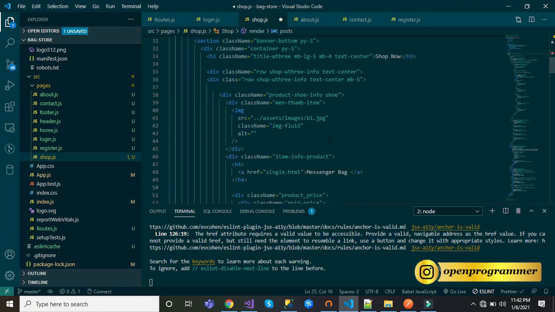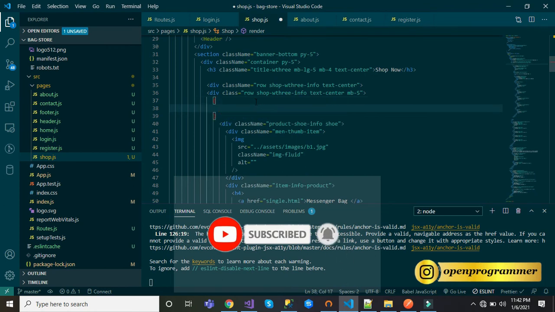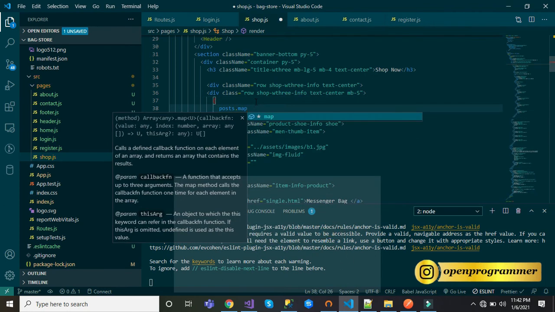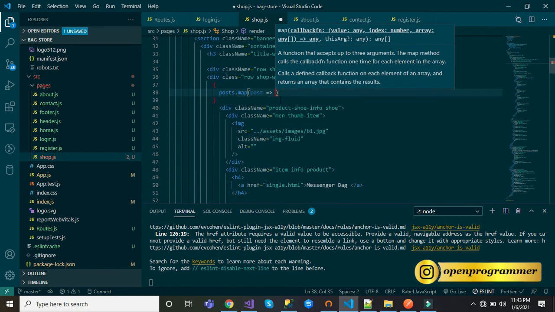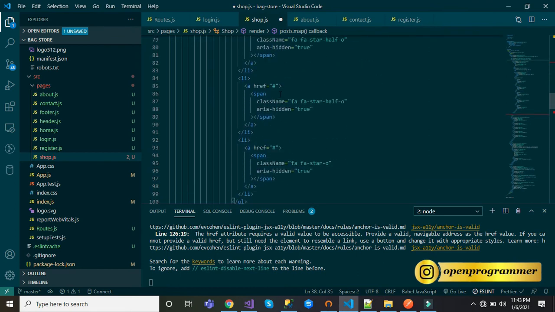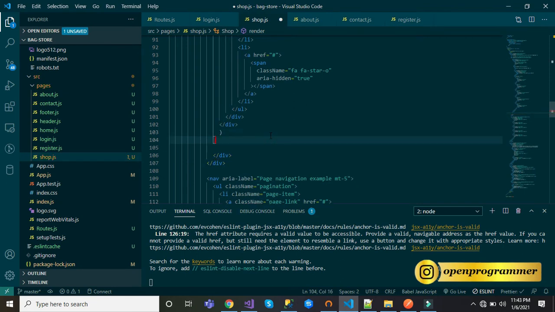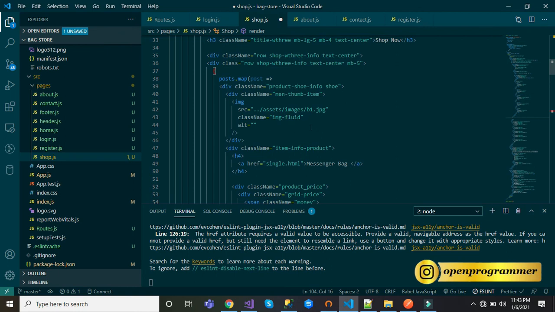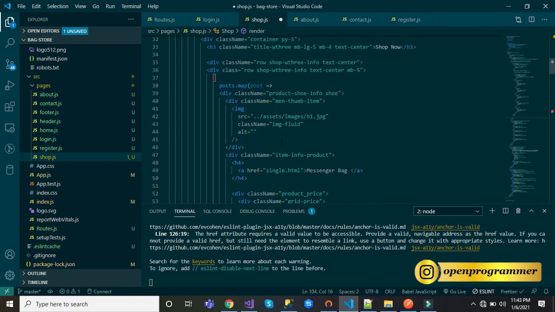Now here we need to use post.map, post, fat arrow. Let me cut this part and paste it somewhere here. And now we need to change the static values with the dynamic ones.